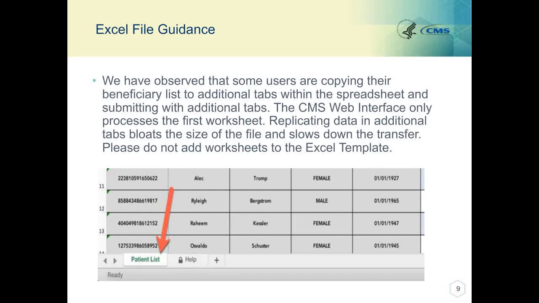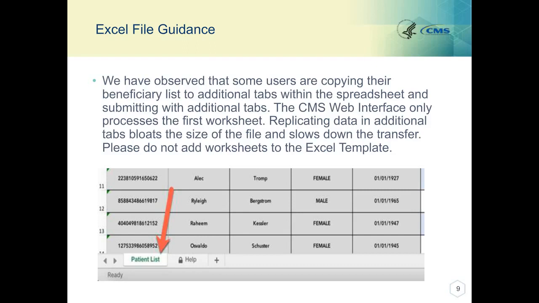So some Excel file guidance. One of the things we've observed, and this is not everybody, this is just a few users, but I'm warning you against doing this, and that's that some folks are copying the patient list, the beneficiary tab, to multiple tabs in the spreadsheet. I don't know if they're doing it for version control purposes or why they're doing that, but we're seeing some bloated Excel files where they've copied their beneficiary list multiple times to additional tabs in the Excel